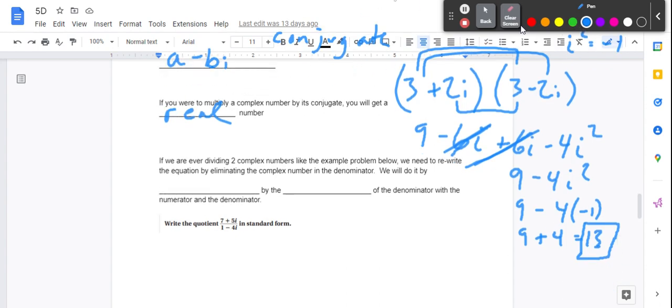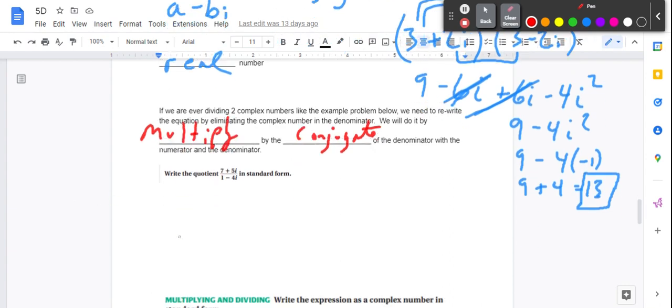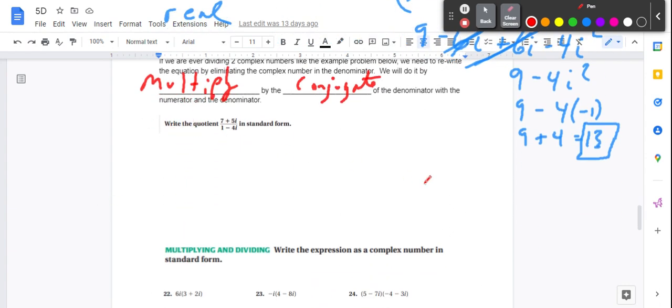Lastly, if we're ever dividing two complex numbers, what we can do to simplify it is rewrite the equation by eliminating the complex number in the denominator. And what we're going to do is multiply by the conjugate in the denominator and the numerator of the fraction here. So if we were to take this quotient and rewrite it in standard form, a plus bi,